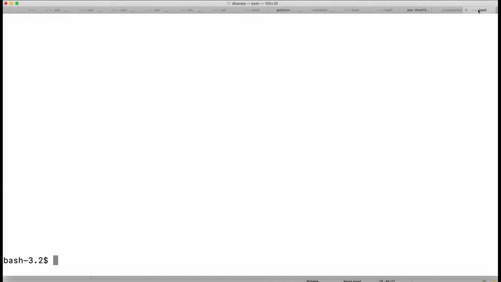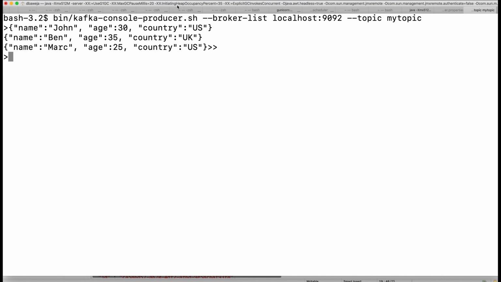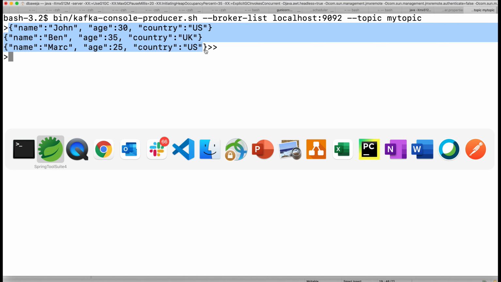So this is my console. Let me clear this and let me run the producer here so that I can push some messages. So you can see here I'm running my Kafka console producer onto this topic, my topic. It has opened the producer command line interface. So I'm going to paste these messages. So 3 messages have been pushed, which I've just copied, and let's see what happened on the Spark structured streaming